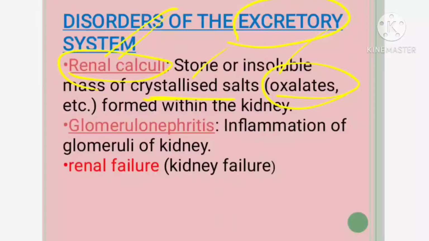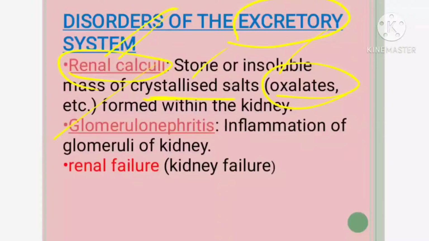So, this kidney stone is formed because while the kidney is filtering, the salts which are being reabsorbed get stored in some places, and when the storage increases, so much amount is stored that they form crystal-like structures and it turns into what? The kidney stones. Okay. The next is glomerulonephritis.